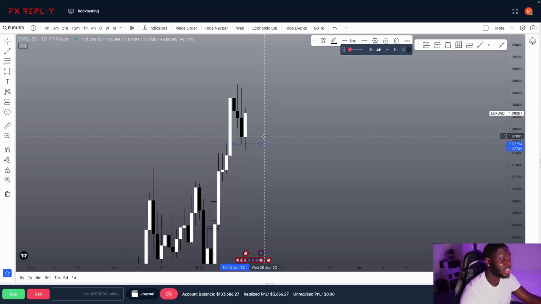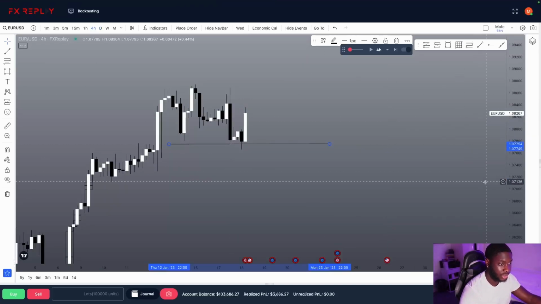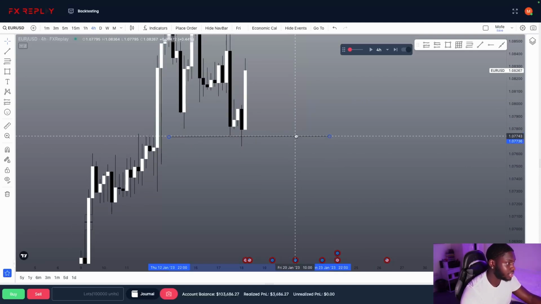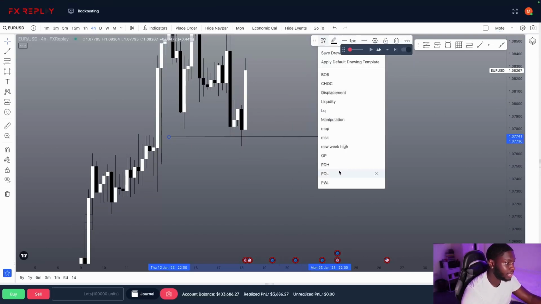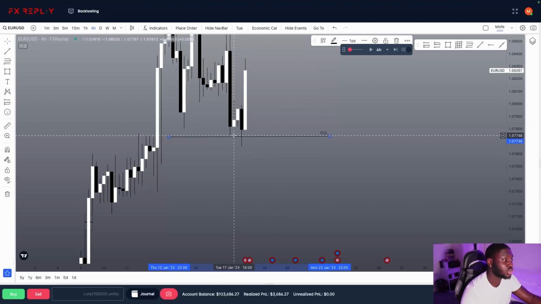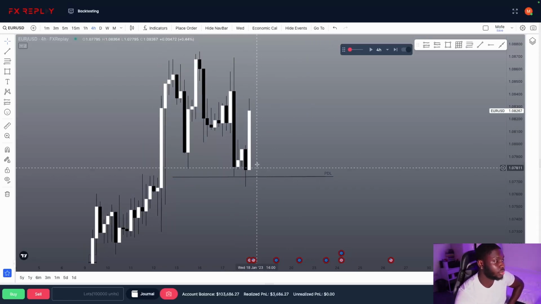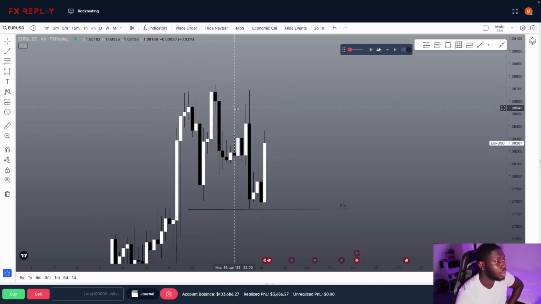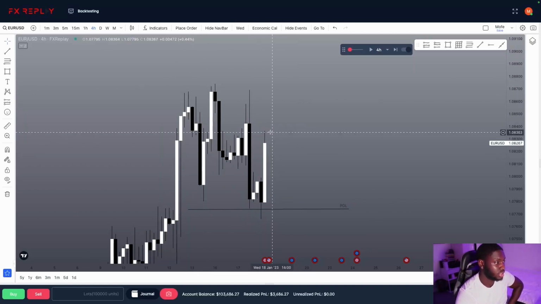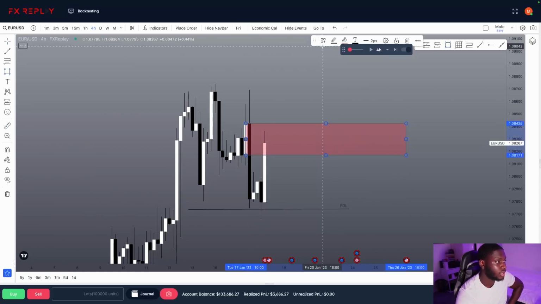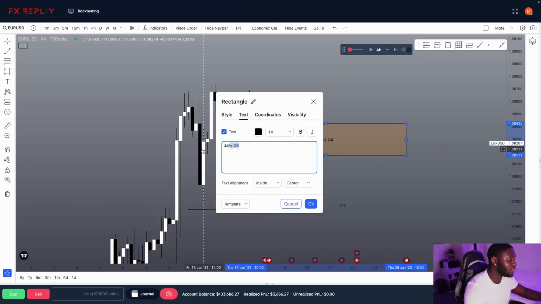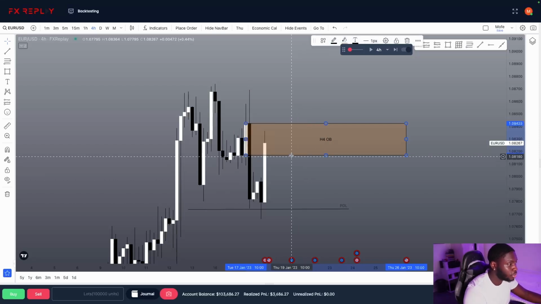But to really tell if there could be a bias, we go down to the H4, see how price reacted around that previous day's low, which will be this line, PDL. As you can see on the H4, we saw a nice strong wick rejection, which means one of two things. We could either reverse and shoot up and take out these highs, or we could reverse into this. I'm not sure if you guys can spot this yet, but this H4 order block rather. Maybe. Let me change that to H4. I don't know why I have my settings preset on daily H4 order block before we see price drop down.